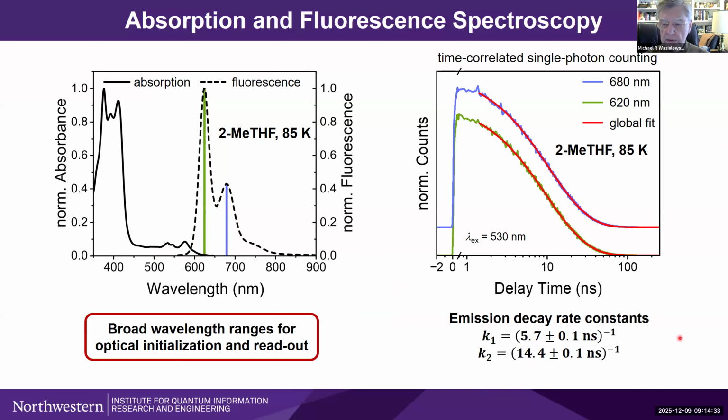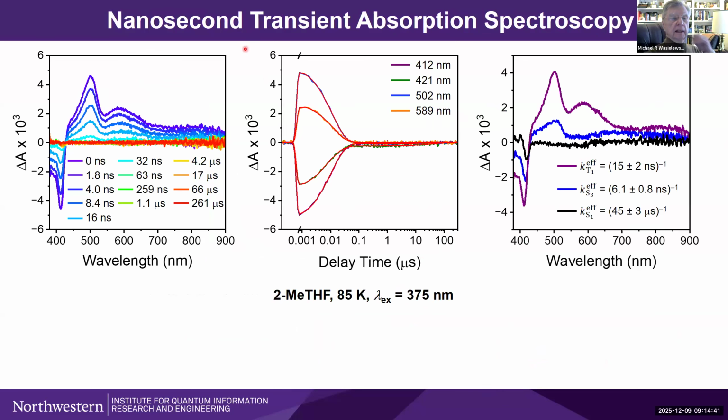And what we do in this particular case is we rely on transient absorption spectroscopy to figure out where these are coming from. And so this next slide is the slide on nanosecond transient absorption, which shows the evolution of the transient spectra as a function of time, the kinetic fits at selected wavelengths, but the important one is the evolution associated spectra on the right side here, which show essentially the fast decay rate is the disappearance of this part of the system that is actually excited from the singlet ground state, because the singlet and triplet are very close in energy.